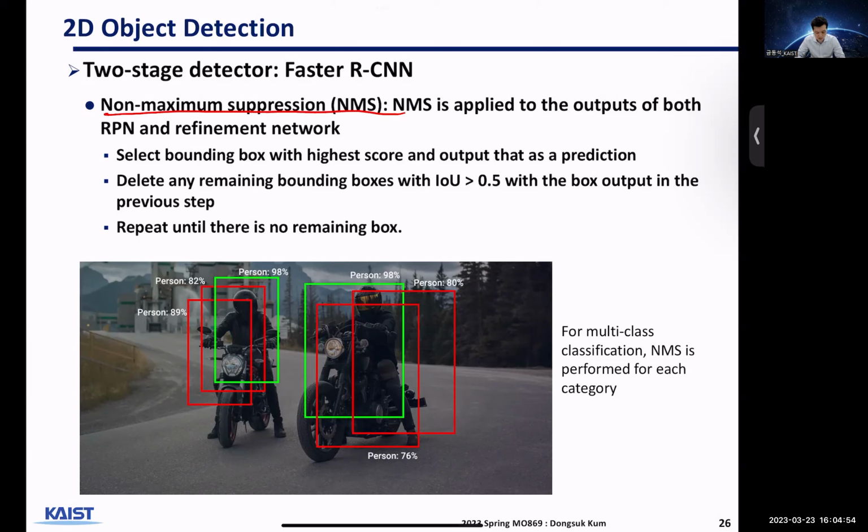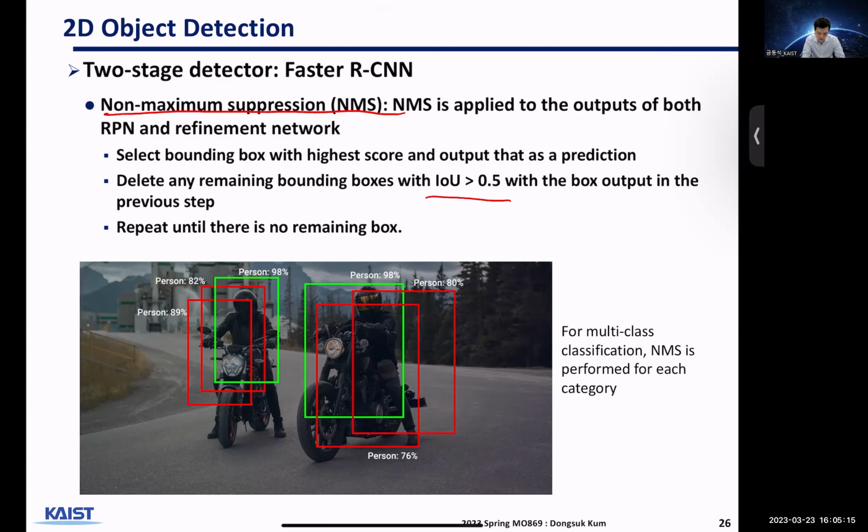So what you need to do is select a box that is most accurate and corresponds to the ground truth. So the way it's done is you compute IOU again,